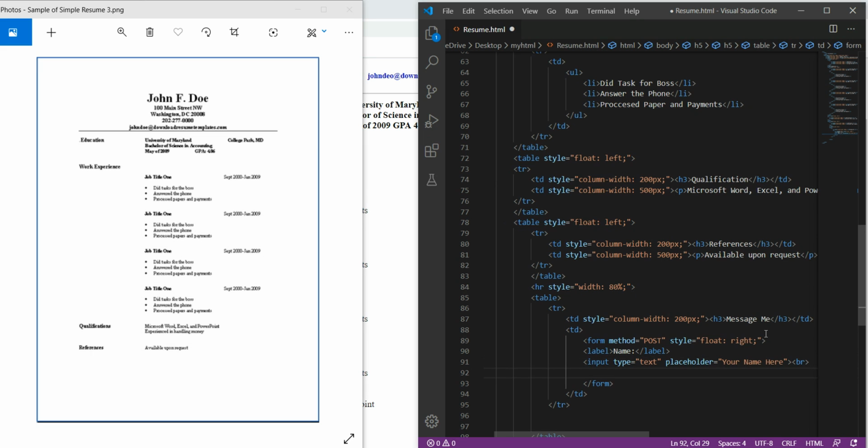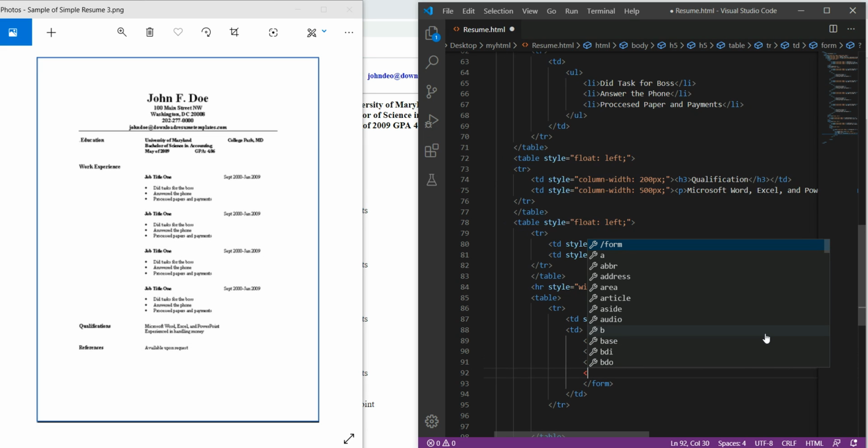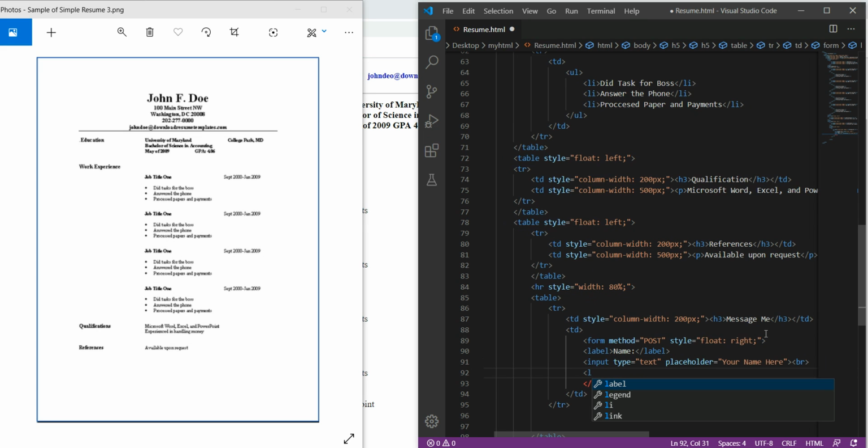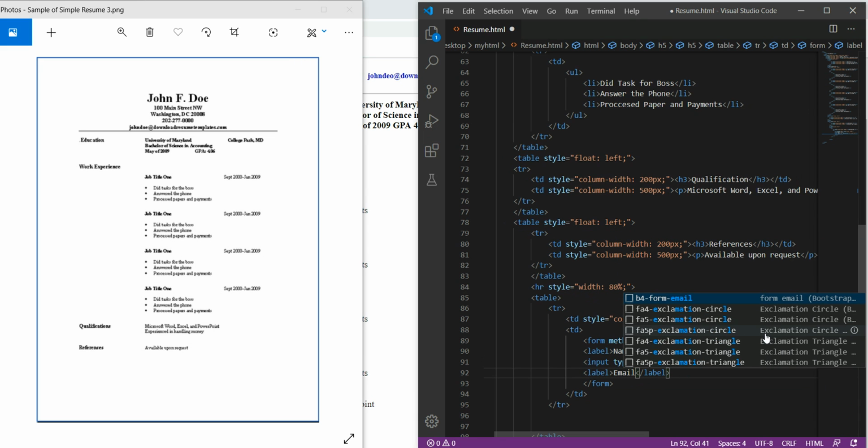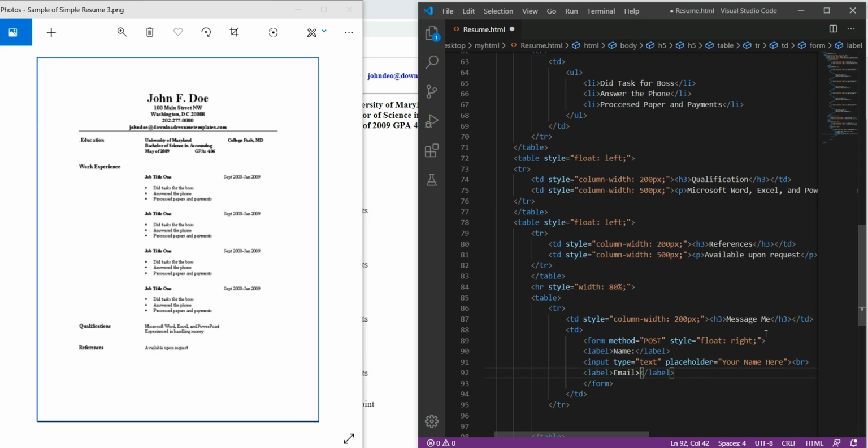So in the next line I would like to create another label, for the email of the messenger who will send the message. So here I will create another label, email, and in the same way I will use input.